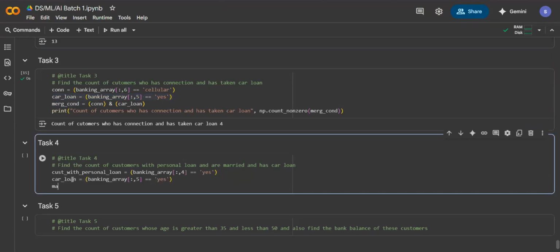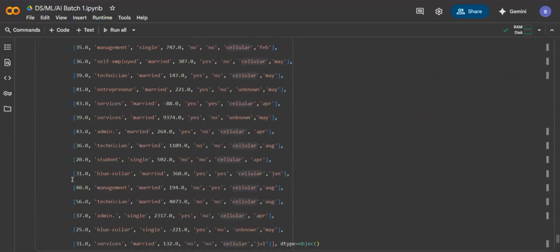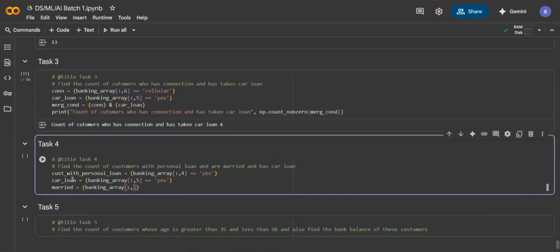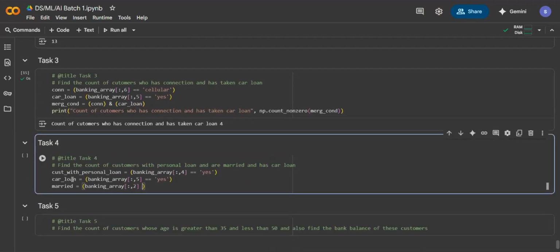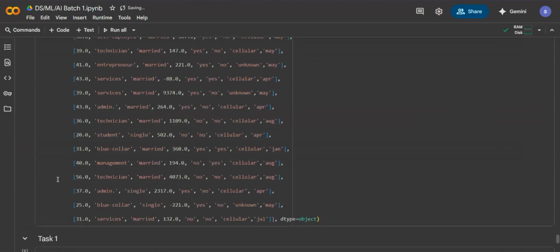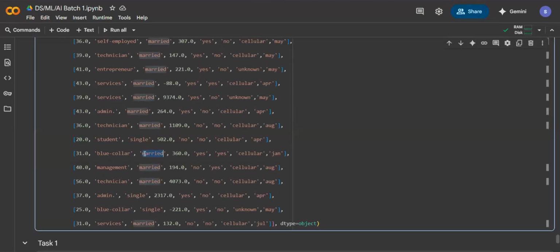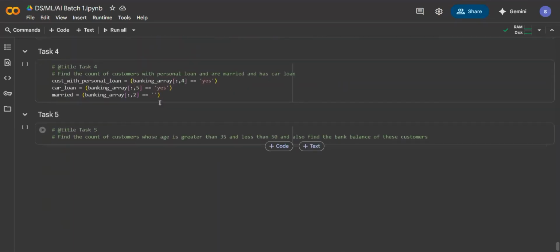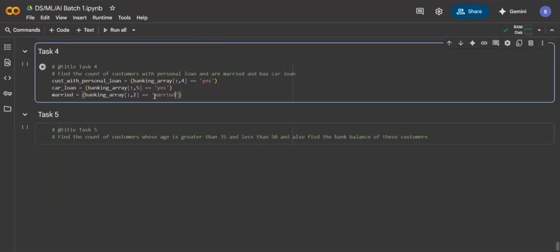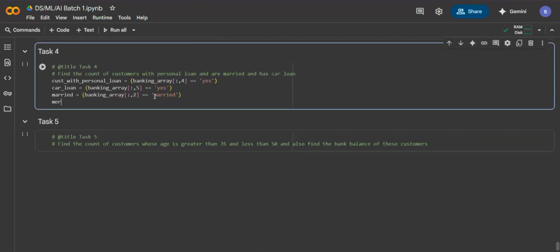Now we'll write here married is equal to banking array. And we are accessing all the rows, but a particular column, I think it is the second column. Yes. So we'll access the second column and we'll mention they should be married, and we'll copy the value. Now we'll merge all the 3 conditions. Merge conditions is equal to